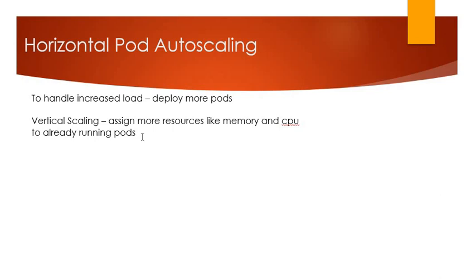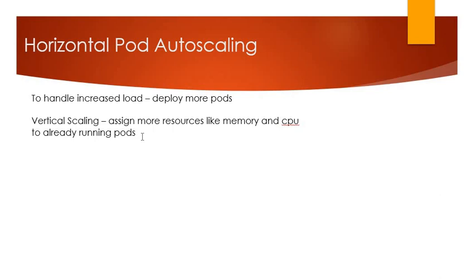So basically it is used to handle the increased load, deploy more pods. It is totally different from vertical scaling. Vertical scaling is to assign more resources like memory or CPU to the already running pods. But horizontal scaling is to increase or decrease the number of pods. So basically HPA can make a scaling decision based on custom or externally provided metrics, and works automatically after initial